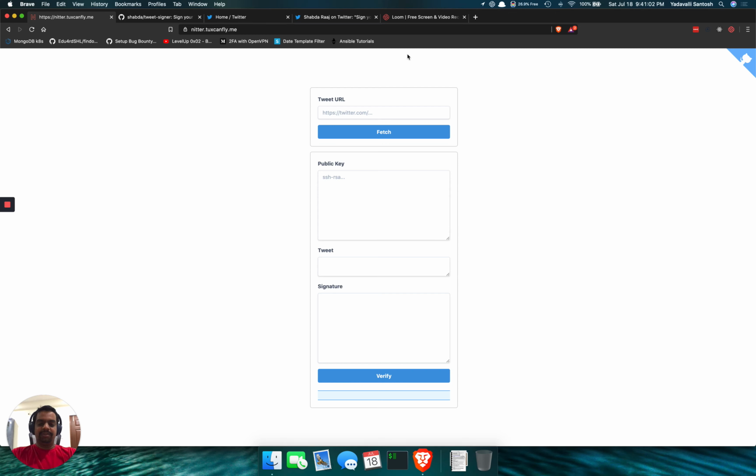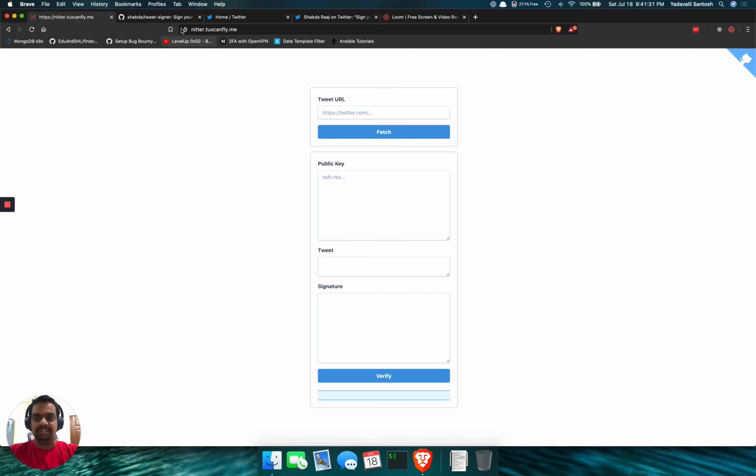Before I jump right into this, let me explain a bit about what we are going to do. We'll be installing a Chrome extension and giving it a private key. That private key will be used to generate a QR. Basically, you type in some tweet and generate a QR using the private key, and that QR code will be uploaded with the tweet so that the tweet can be validated anytime from this website which you see here.